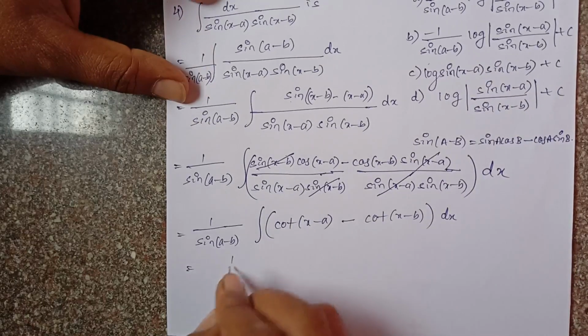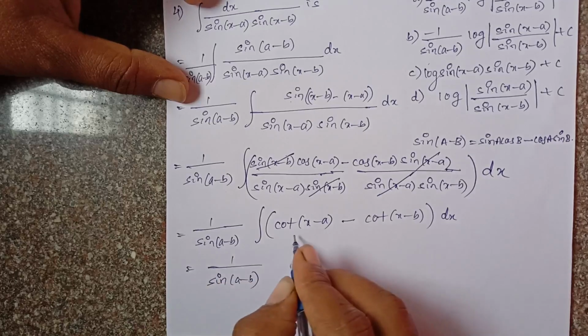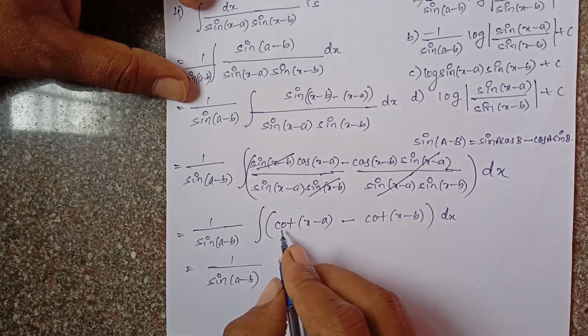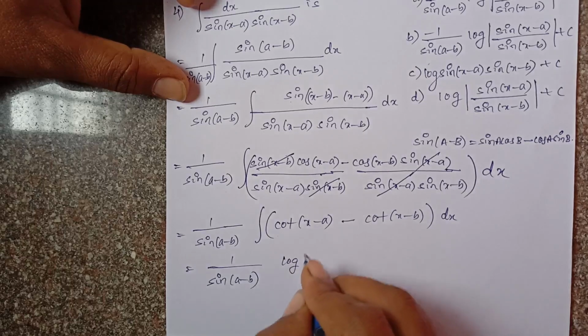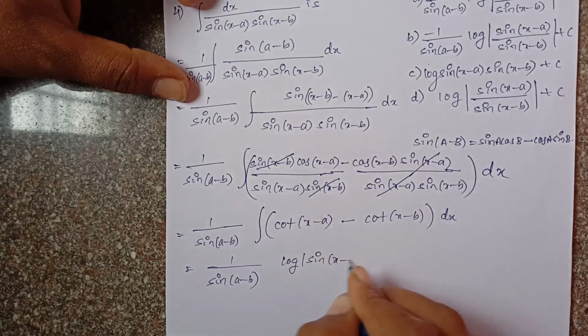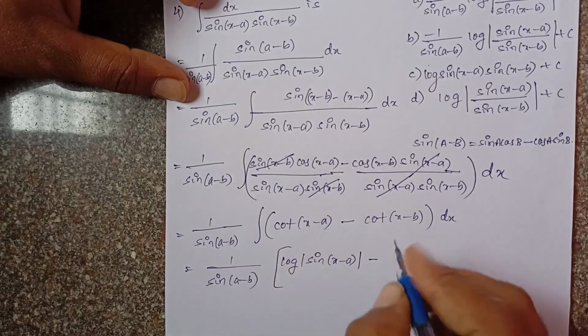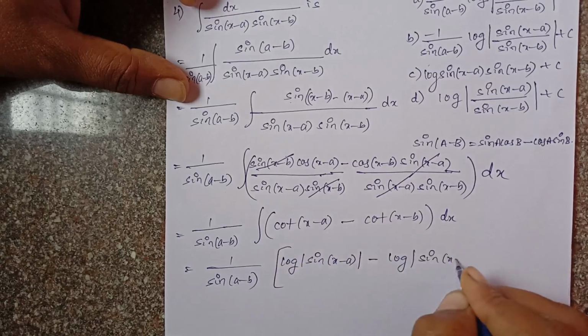Now we can write its integral. 1 divided by sin(a - b) as it is. What is the integration of cot? The integration of cot is nothing but log of sin x. So the integration of cot(x - a) is log of mod of sin(x - a), minus, here also same thing, log of mod of sin(x - b)